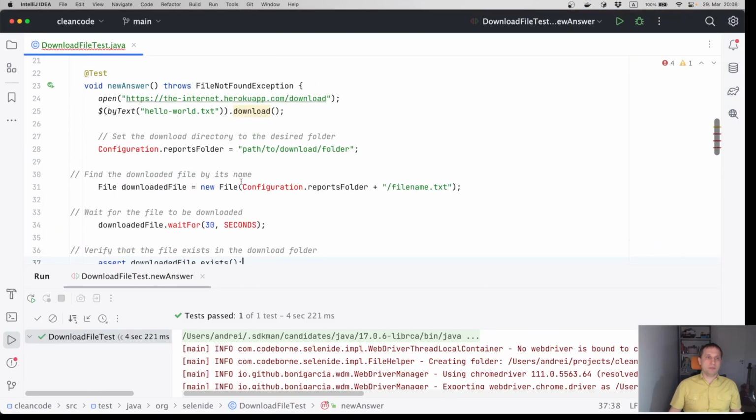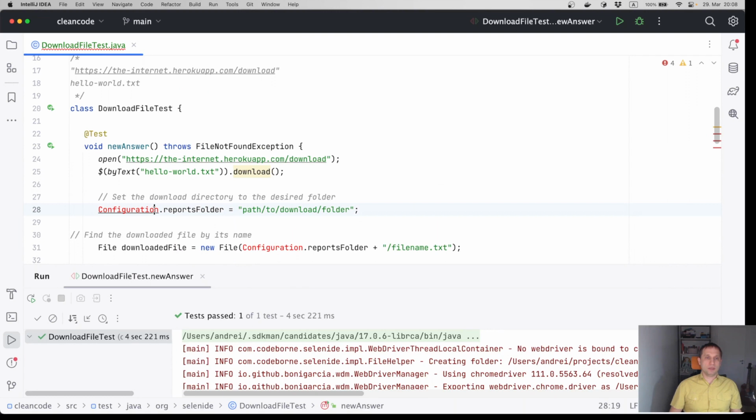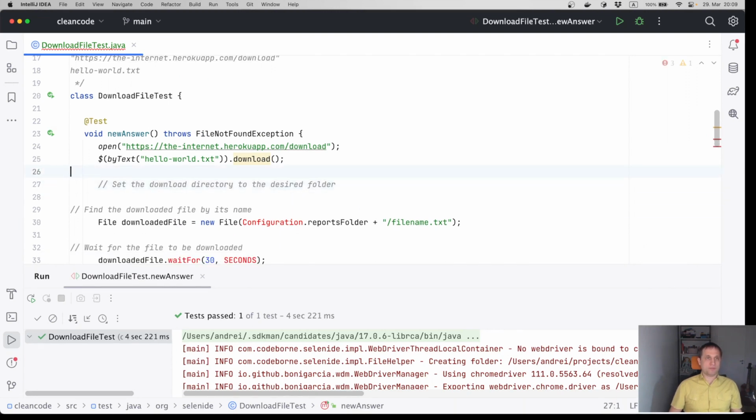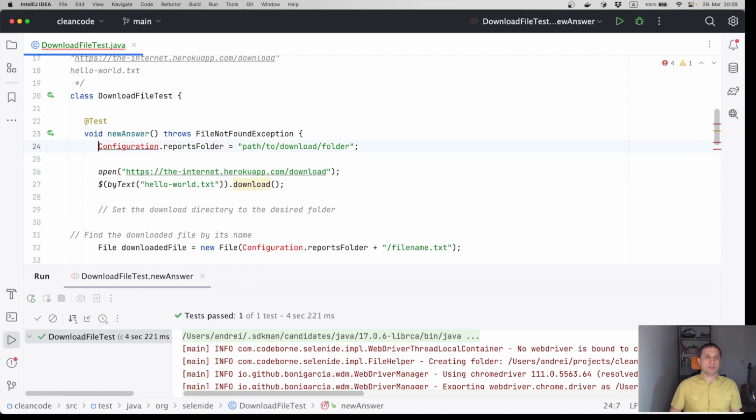I guess the idea was that this line should be before opening a browser, because it sets Selenide configuration properties. Okay, it says that you need to download to this folder. Which folder? I don't know, but for example, we can put here the current folder slash download. It's okay, well, probably, let's try it.